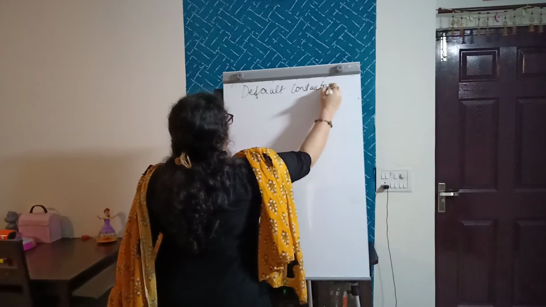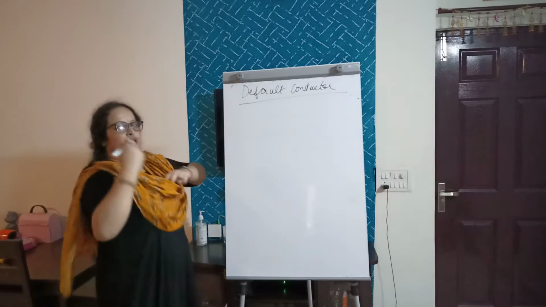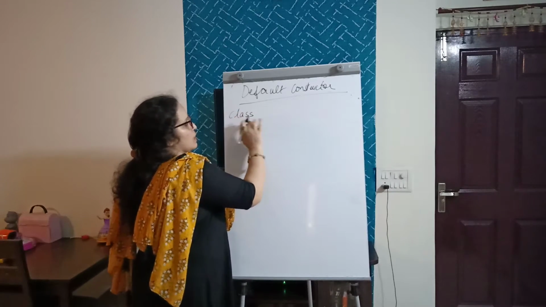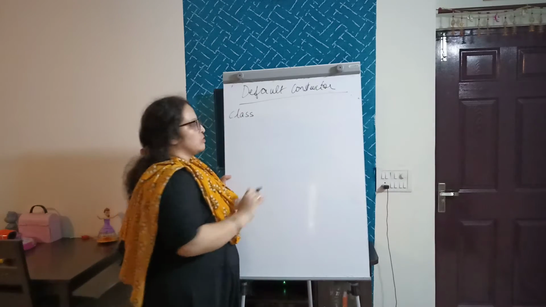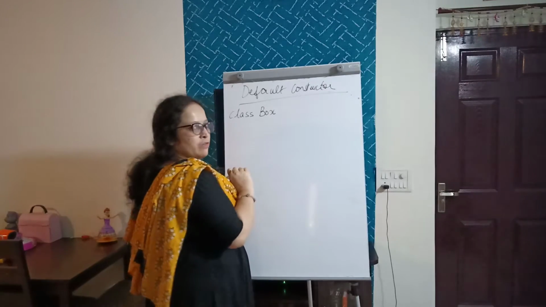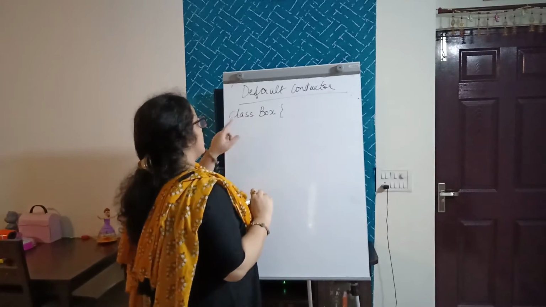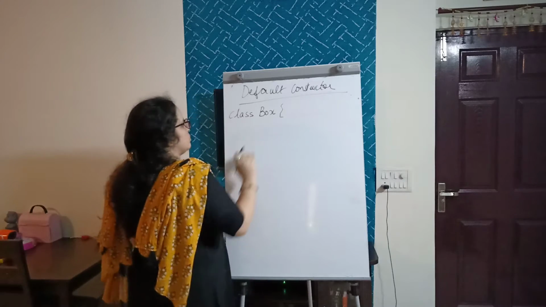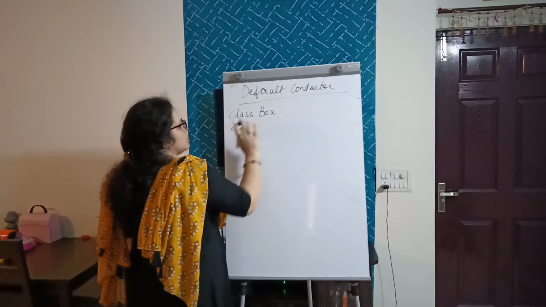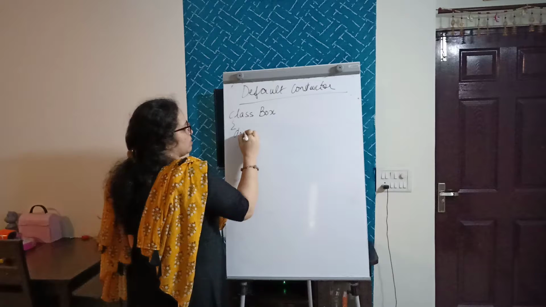See, first what will you do? You will create any class. Let's say we have taken the name of class, the keyword will come like this only, it will not change, it's a reserved word. Suppose you have taken the name of the class as box. Okay, we are taking that example only that I explained to you last time. In this class box, I am taking 3 variables of type double.